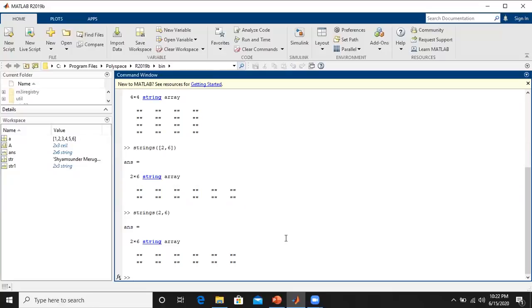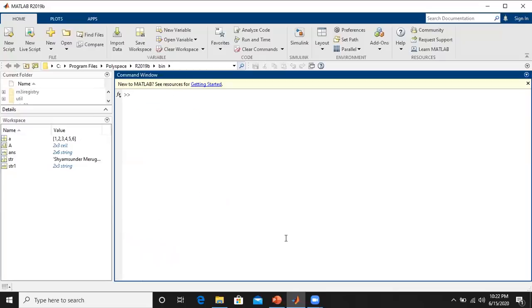Now the next thing is how we can combine the strings in string arrays. Let us clear the screen once again, right? Also I will clear the workspace, so clear all, so that the workspace is cleared here. So you can observe here, then clc, everything goes off from the command window. Now I will take a variable str here, which stands for string. Now what I do is I just enter certain strings here.